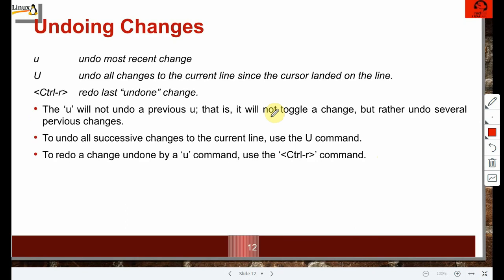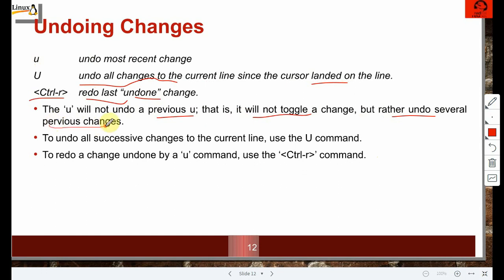Next, undoing changes, u, we have done that. Small u, undo most recent changes. Uppercase U, undo all changes to the current line since the cursor landed on this line. Control R, redo the last undone changes. I have demonstrated u also. The u will not undo a previous u. That is, it's not a toggle for a change, but rather undoes several previous changes.